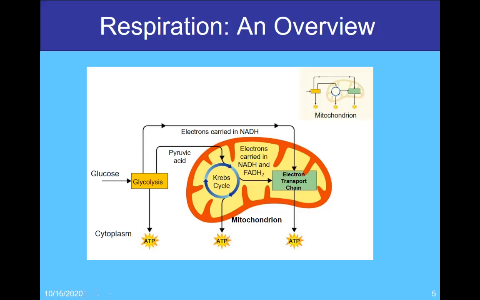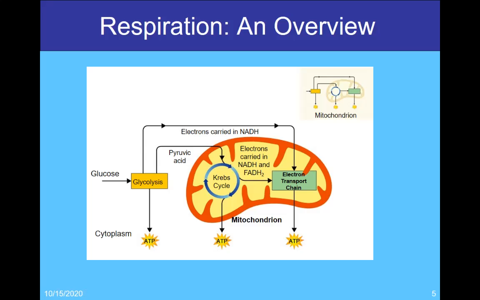We start out with our glucose molecule here, which goes into glycolysis. We're going to break that in half. Remember, this is C6H12O6. And we're going to end up with a 3-carbon pyruvic acid, which is going to end up going into the Krebs cycle. That's only if we have oxygen present. If we don't have oxygen present, then it's going to go ahead and stay here in the cytoplasm and do the best it can. We're going to carry in some electrons as well for the electron transport chain here. And ultimately, our final goal is to go ahead and manufacture ATP, which is our ready-made energy source we've been talking about for walking, talking, thinking, blinking.